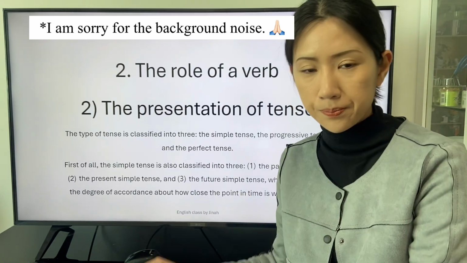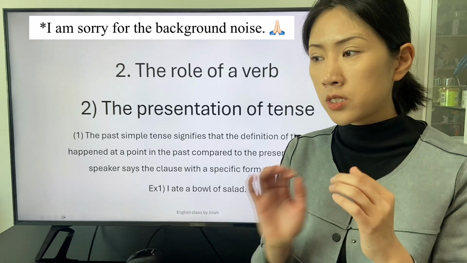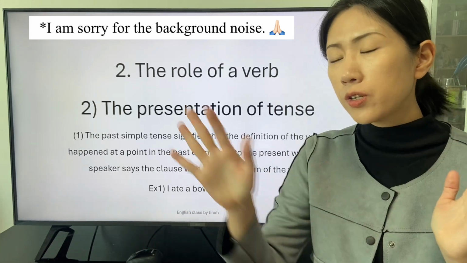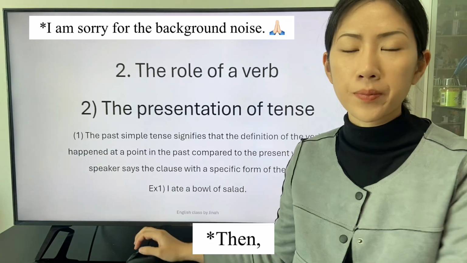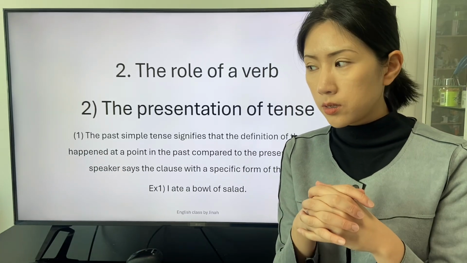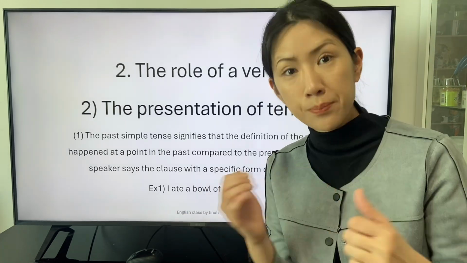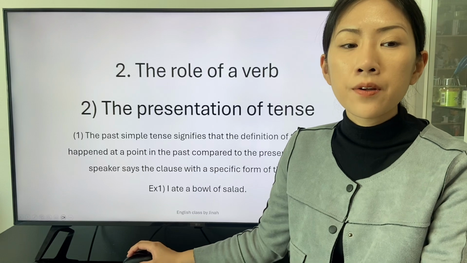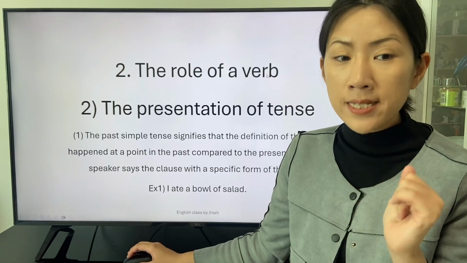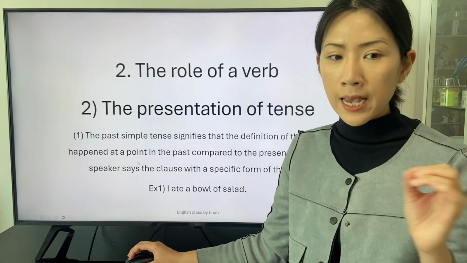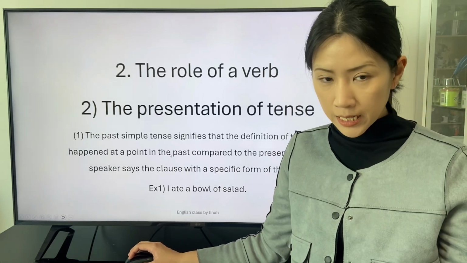We will study the simple tense, from the past simple tense to the future simple tense. We will deal with the progressive tense and the perfect tense. First, the past simple tense signifies that the definition of the verb happened at a point in the past